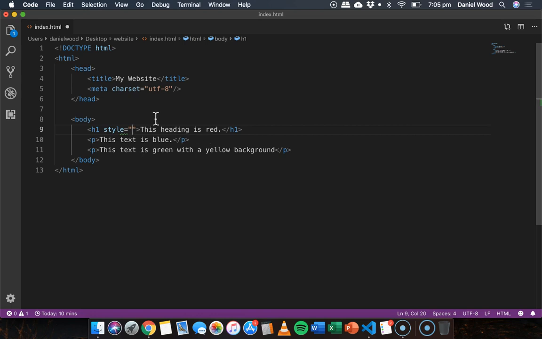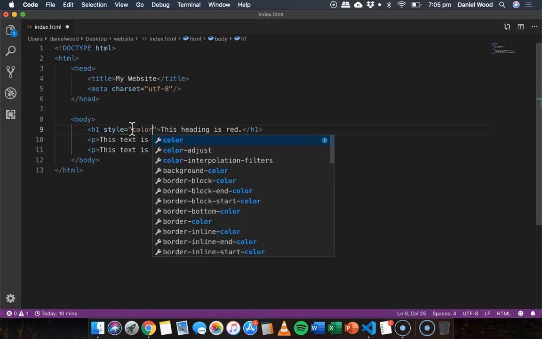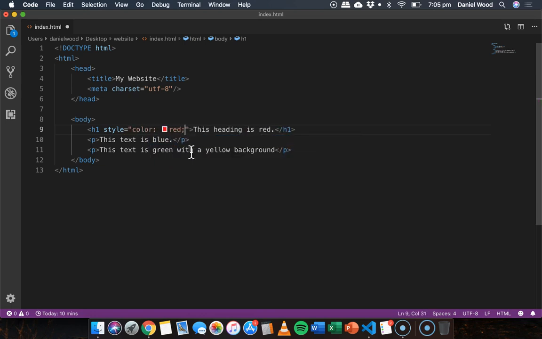So to change this heading to red, all I need to do is add the property color and specify a value, which is red. So I can say color red, just like that. Now, it's important to note that the word color needs to be spelt the American way, so C-O-L-O-R, no U. And then we can just add the word of the color after a colon. And then when we finish adding information about the color, like which color we want, we end it with a semicolon. Just like that,